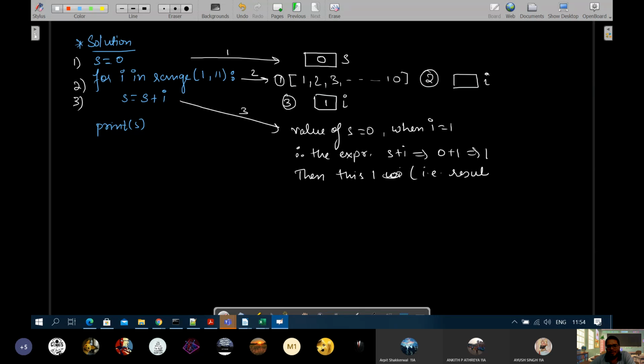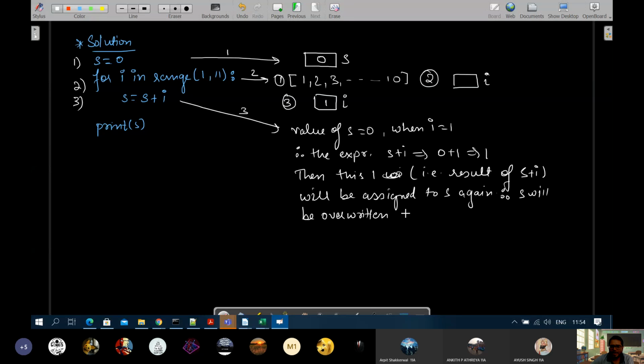result of s plus I will be assigned to s again. So s will be overwritten, therefore s will be overwritten by, अभी के लिए ऐसे समझो, overwritten by what, नया वैल्यू क्या आया है 1.